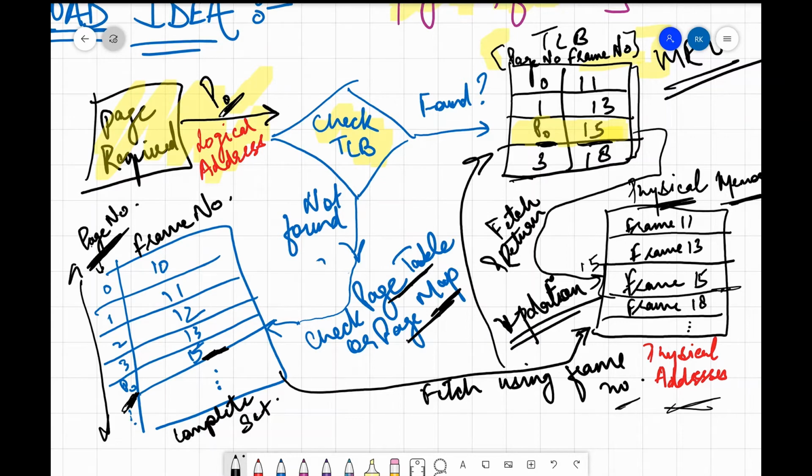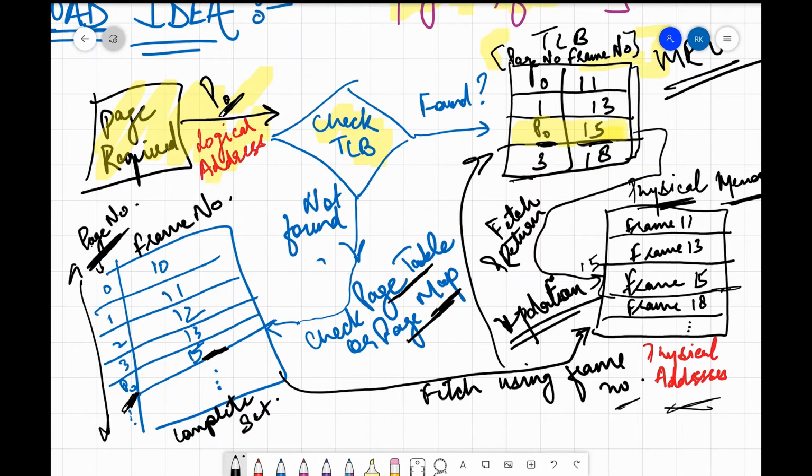And if it was currently not present in TLB, then only we have searched the page map, and once we have searched the page map, we have serviced the request of the process, we have handled the page fault, right? Because it was not present in the main memory, it was basically a page fault, right? So once we have handled that request, or you can say once we have found out that the mapping was not in TLB, you need to place that mapping in the TLB now. So what you will be doing over here now, if the TLB is completely full, then you will be replacing one of the entries, right? Then you will be replacing one of the entries using a replacement algorithm that you might have studied.